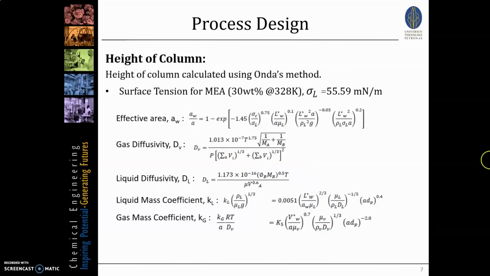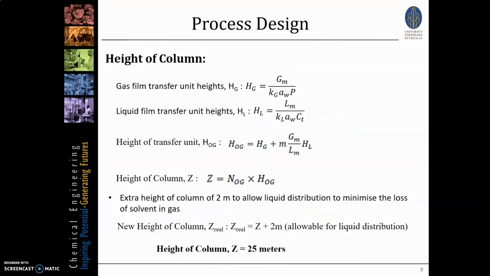For the height of column, we are using the Onda's method for the calculation. The surface tension for MEA is found to be 55.59 millinewton per meter. Using the formula, we can calculate that the height of column is 25 meters, and for the height of column, it is calculated with 2 meters of extra height to allow liquid distribution